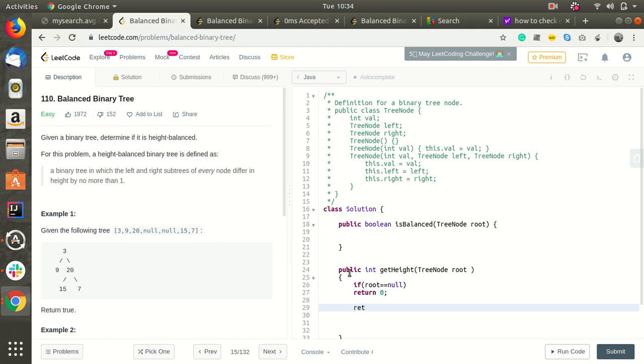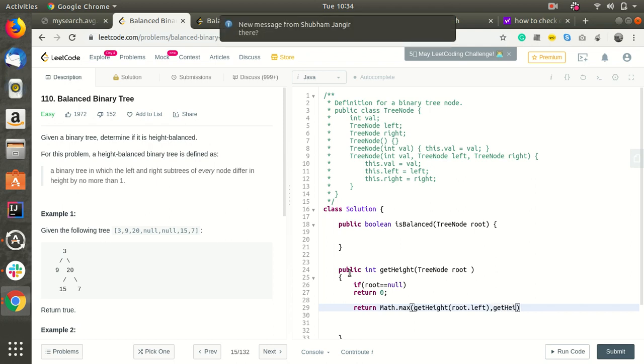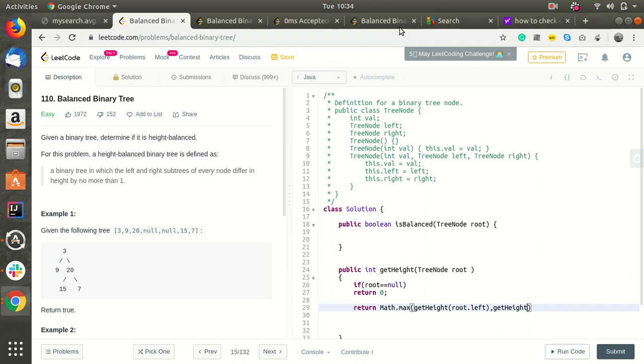So return Math.max of getHeight of root.left, getHeight of root.right, plus 1.